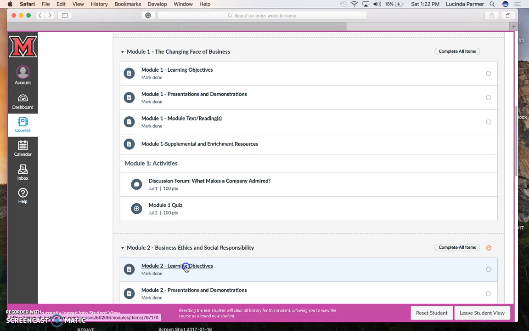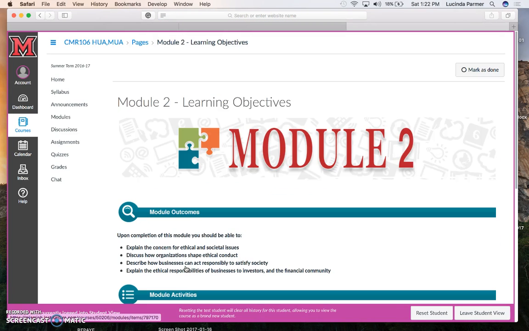Module 2 is about business ethics and social responsibility. This is important because companies and employees today are held to such high ethical standards, and companies are now expected to not only make a profit, but also to give back to the community. So you will see companies that do recycling or green initiatives, environmental initiatives to keep the environment safe and clean. They may sponsor a Little League team in the community or a Girl Scout organization. So they are held to a lot of different social responsibility standards that companies several decades ago didn't have to worry about.